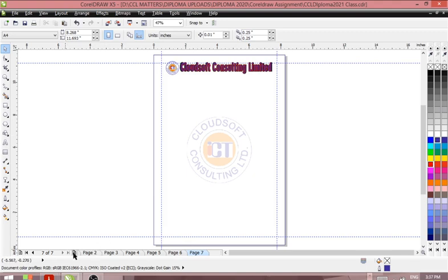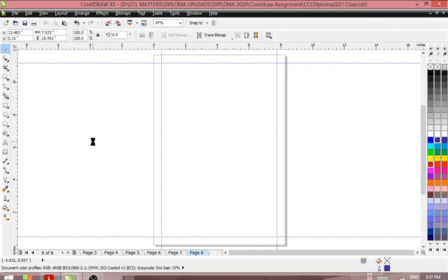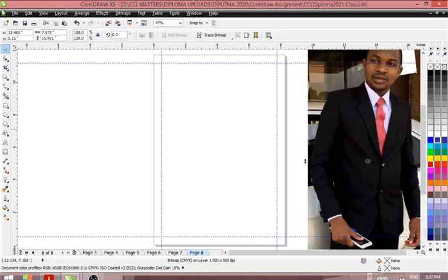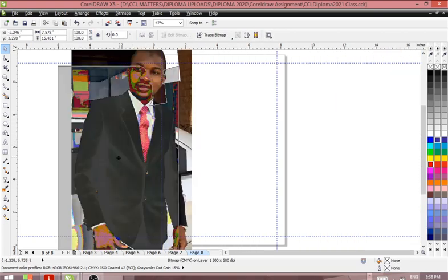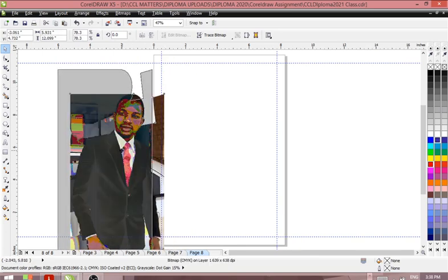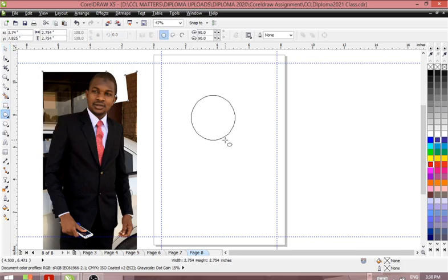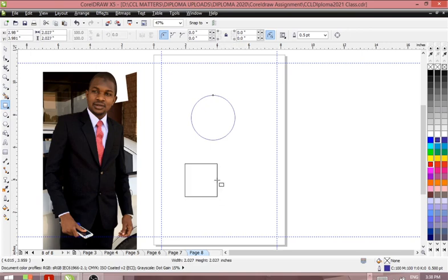So let me have another page here after, and this is what I've copied. I want to do something with it. I asked you to go and remove the background of your picture and give it a new background. I would have collected a new picture here instead of using this one. But if for example you want it inside here or inside here,